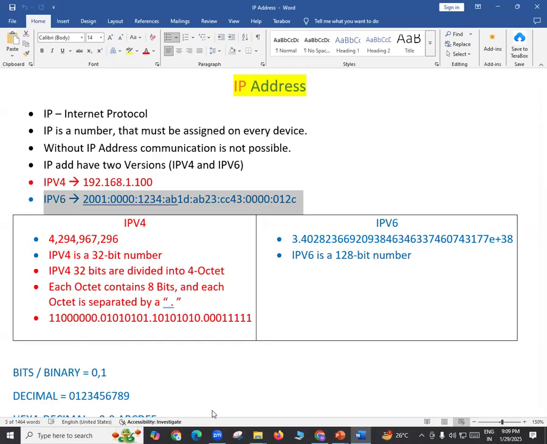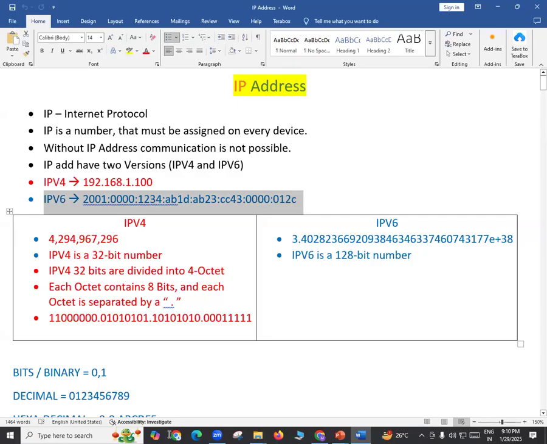All the 20,000 devices will have IP version 4 only. Okay. Now, the question here is, if IP version 4 is available, why have they introduced IP version 6? You know, IP version 4 was introduced in the year 1980, 1981, so approximately 45 years ago. And IP version 6 was introduced in the year 1997, 1998.